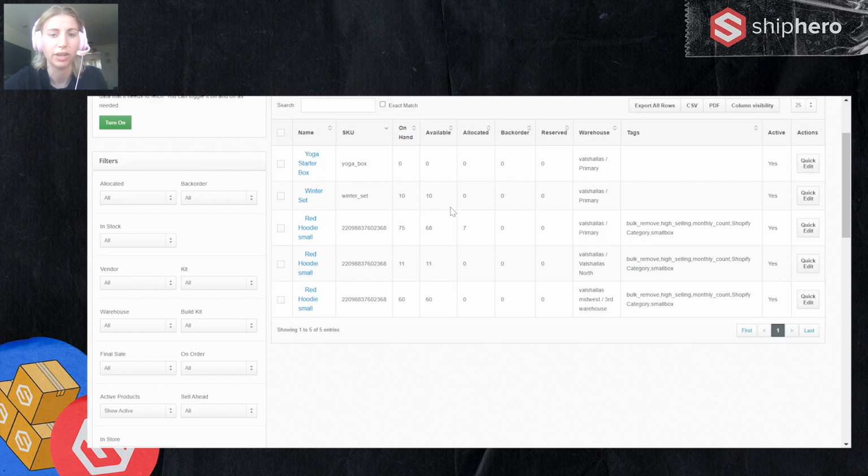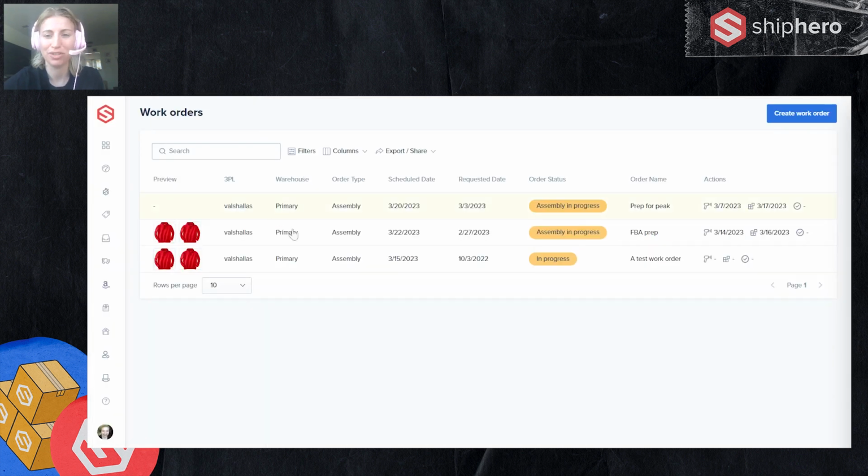But you have to make sure the quantity is 0 if you're going to be doing that, because kits can't have any on hand. So you want to be cautious if you're going to be switching back and forth. Definitely reach out for support before doing too many changes on that one, but you are able to modify it later on. Okay, so we created our assembly SKU. Let's get to making our work order.